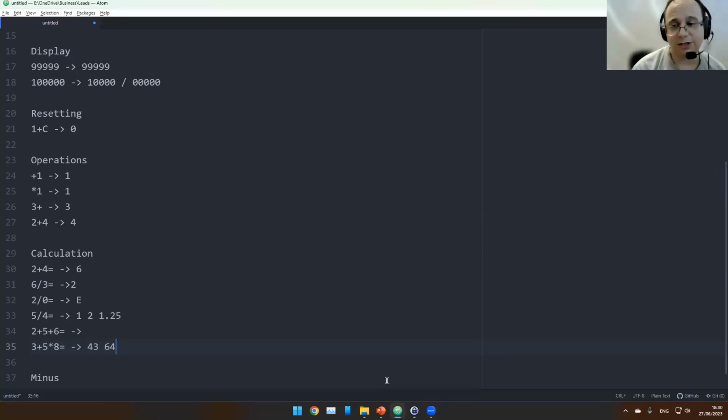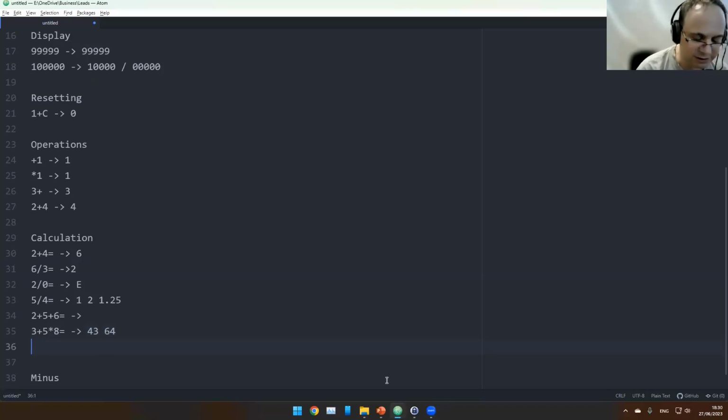Okay, so this is an interesting one. So what Radislav wrote was 3 plus this, and this. And the question is, well, there are 2 questions here. First of all, which one? What's happening? What's the behavior that we're expecting? Do we ignore the plus? Do we ignore the star? Or